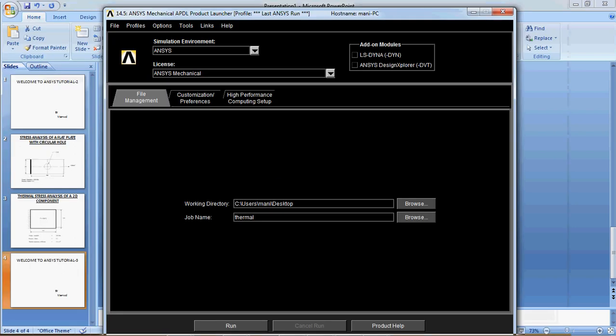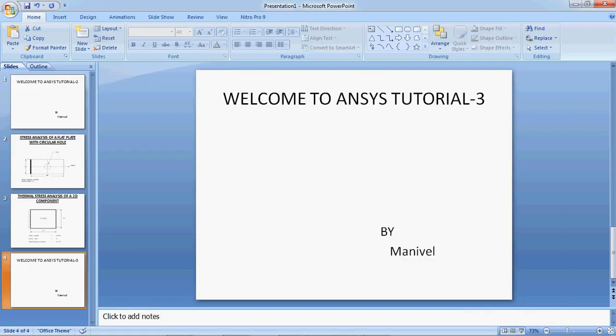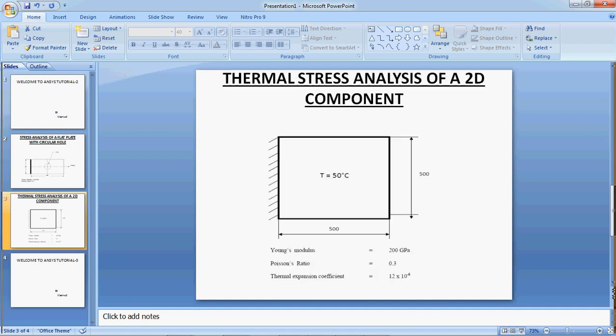Welcome to tutorial 3. In this tutorial we are going to see thermal stress analysis of a 2D component. Here we are going to take a square shape plate